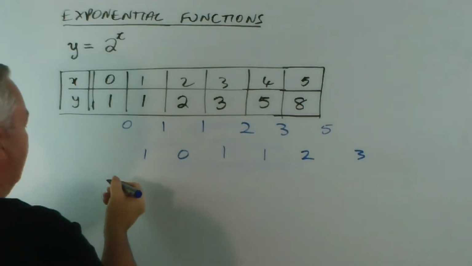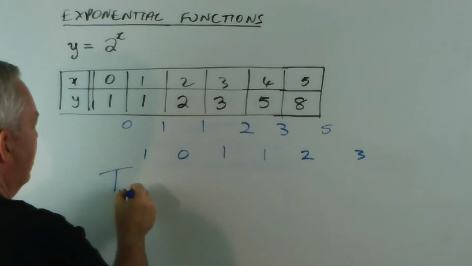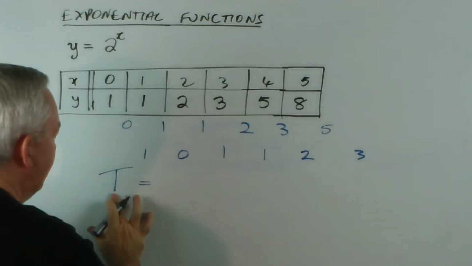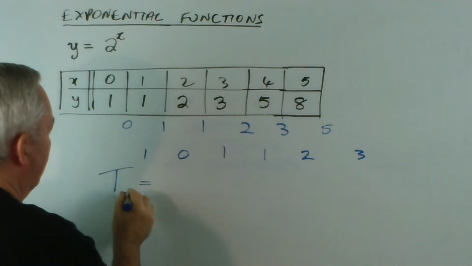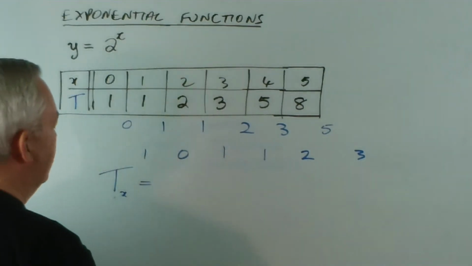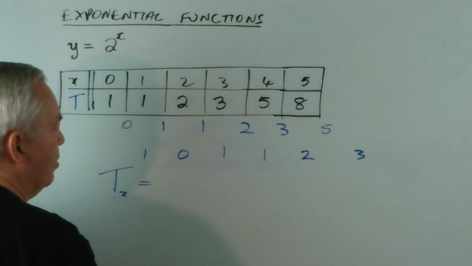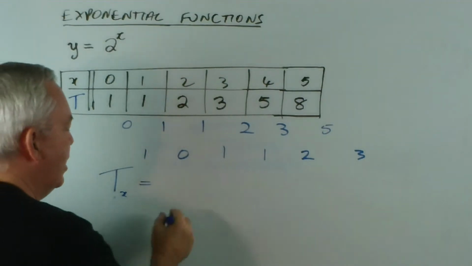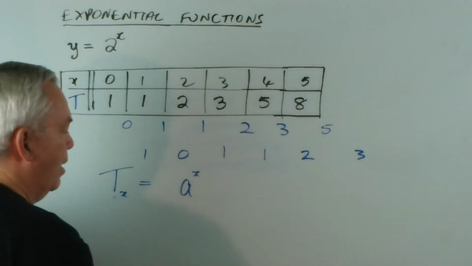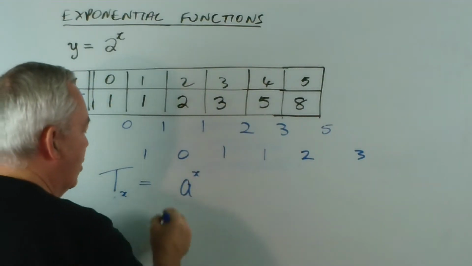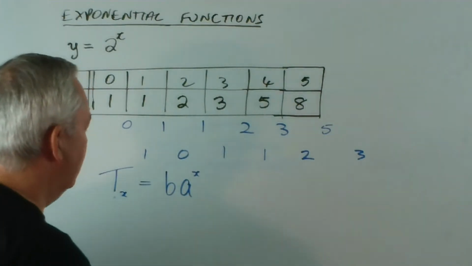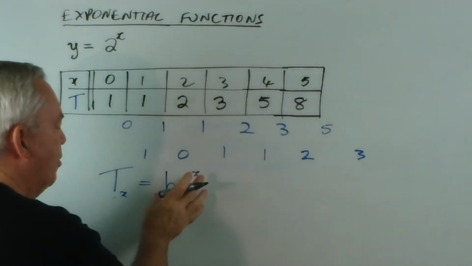And consequently, I tried to make up an equation for the nth term. Oh, here we go, the xth term. And since we're using y, let's change this to t for the term. So what's the xth term look like? Well, I said it's probably something to the power x. And what I'll do is I'll chuck another number in front, just in case there's a coefficient. But I know it's not pure like that,